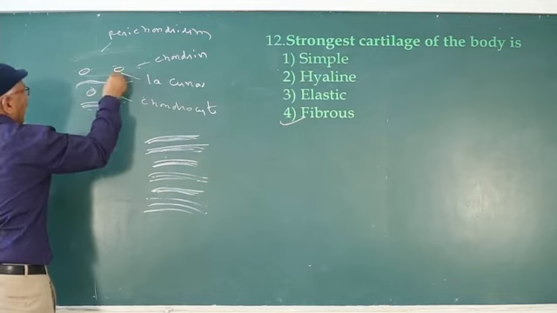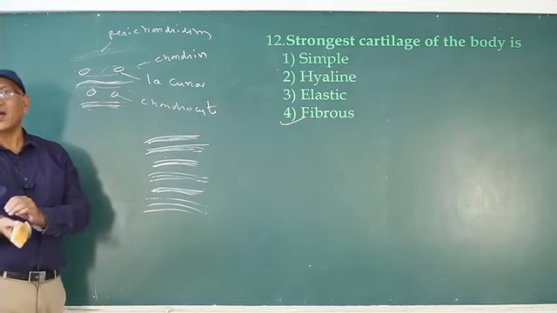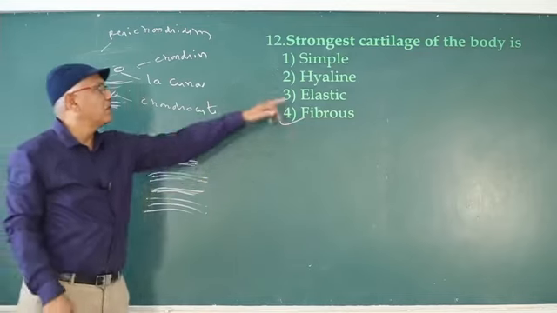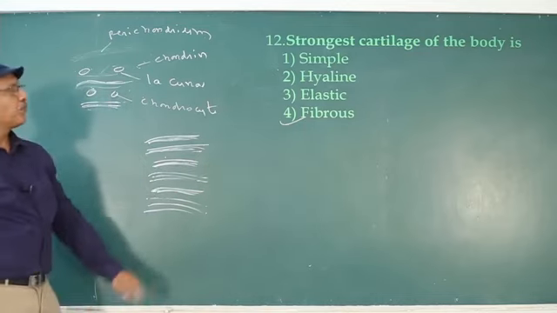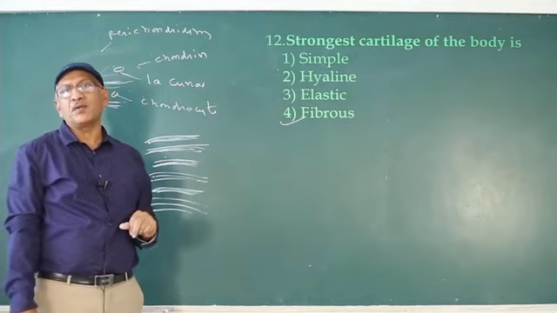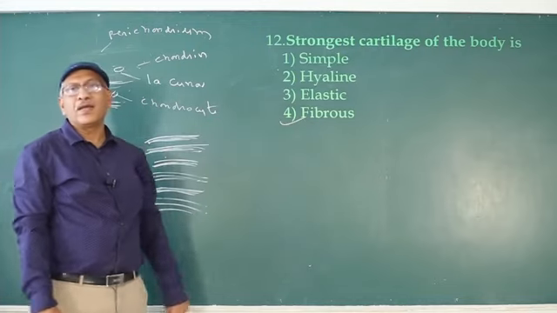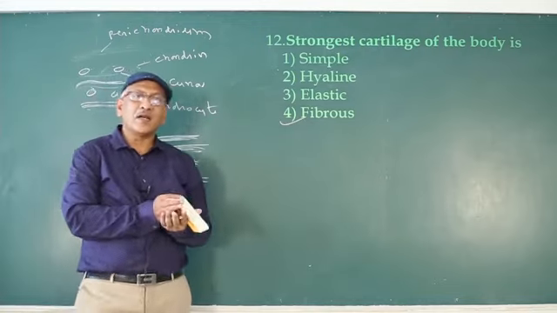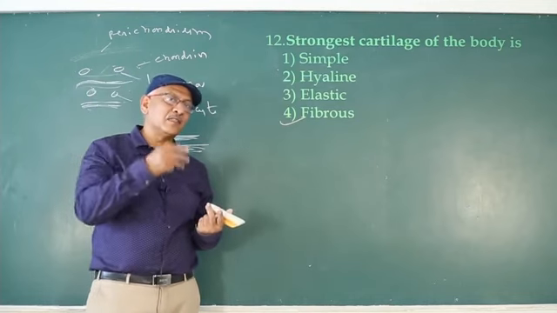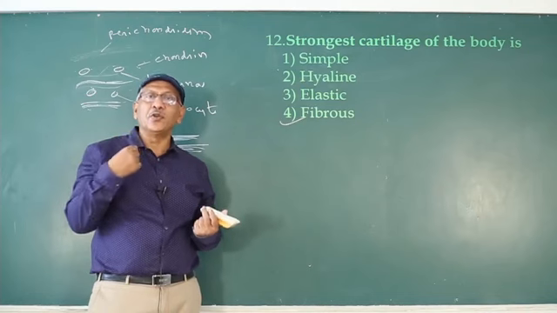In addition to collagen fiber bundles, elastin fibers are also present. The cartilage with elastin fibers is elastic cartilage. In all three types of cartilage, collagen fiber bundles are present, but elastic fibers are present only in elastic cartilage. Elastic cartilage is present in the 3 E's, beginning with E: ear pinna, Eustachian tube,